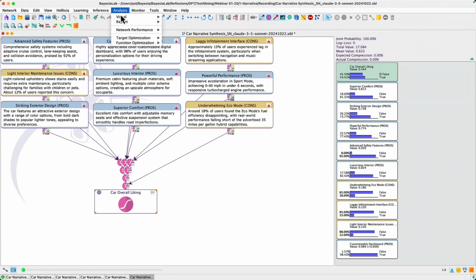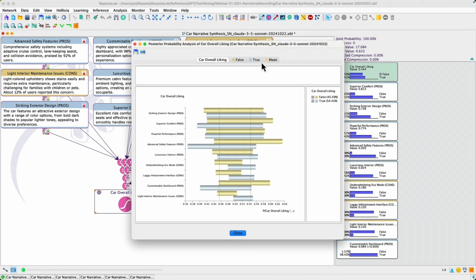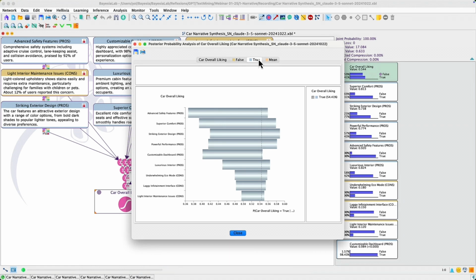But at the end of the day, the analysis, when we use the tornado graph, does not change a lot, except obviously the prior, the marginal distribution of my car overall liking. But otherwise, it's more or less the same, right? But this is something you also have to consider when you use this ICI feature: to check the mapping function and to adapt it with respect to what the experts are telling you, right?